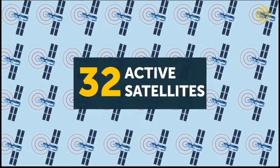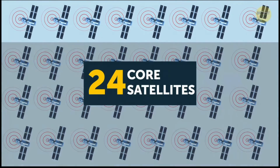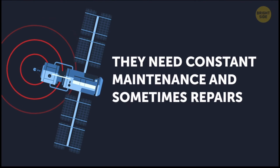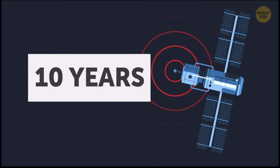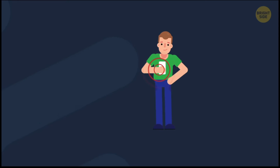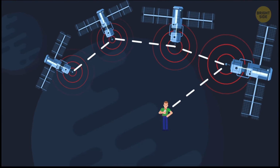The GPS system has 32 active satellites orbiting the Earth. 24 of them are core satellites, and the rest serve as emergency replacements when something happens to the others. They need constant maintenance and sometimes repairs, but even with all that, they only last about 10 years. GPS works in any weather, rain or shine, but there is one important condition. A receiver on Earth has to see at least 4 satellites to calculate an accurate location,